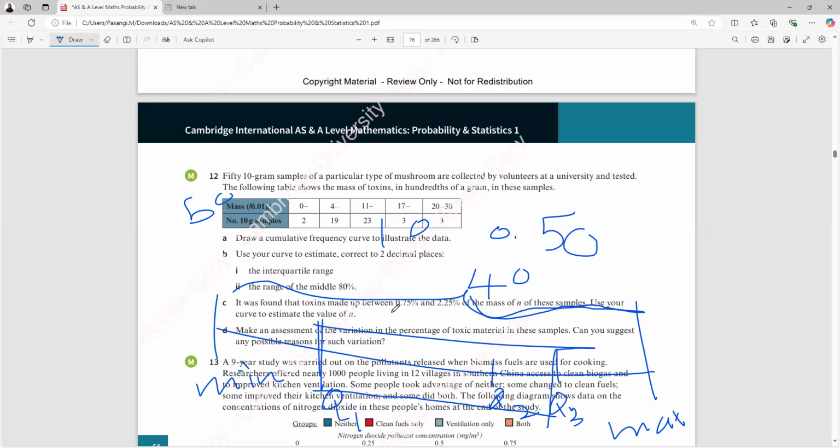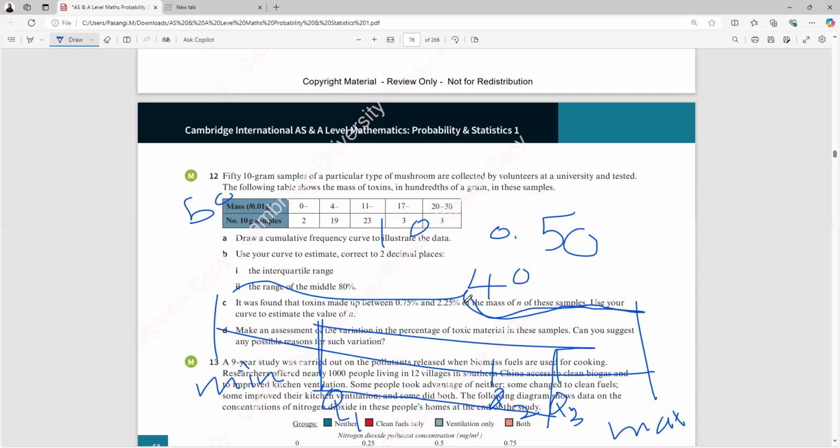It should be like gram, right? Yes. It was found that toxins made up between 0.75 and 2.25 kilocuanone, then acceptable. Then in grams it would be in between 0.75 and 2.25 of the mass of N of this